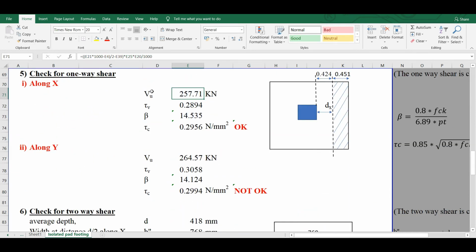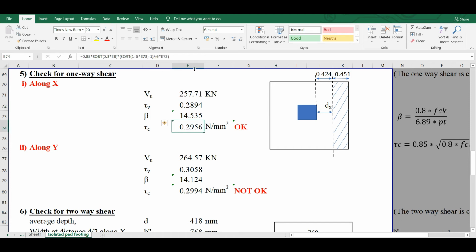So if I do that, then I will get the width along the x direction over this hatched area, and similarly multiplied by 2.1 and multiplied by the effective depth, multiplied by the net upward pressure. So basically the formula for calculating the shear force is nothing but the net upward pressure multiplied by the hatched area. So once I know the shear force, I will calculate the tau v, that is nothing but Vu divided by Bd.